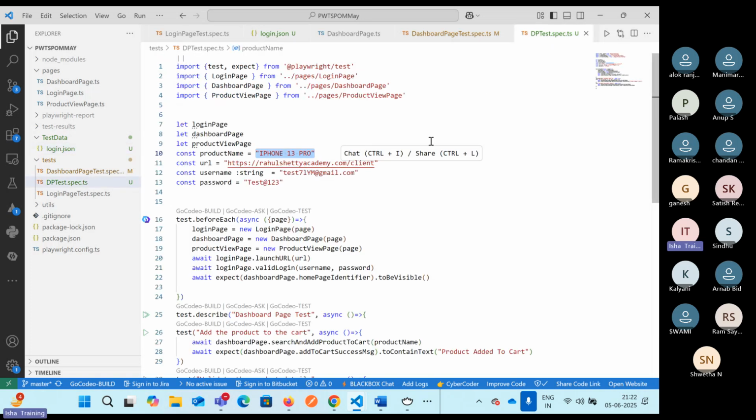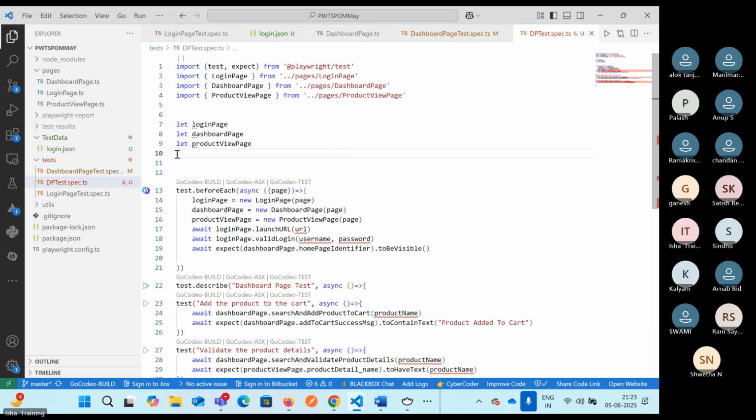Now all these values, we have to take it from the JSON now. So we have already defined. I'm just trying to move it from here. Let's remove it from here one by one. Now,